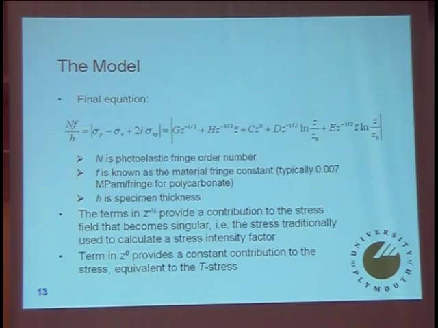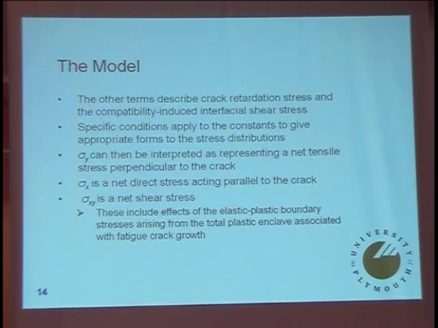Now this is the final equation that we have developed, and it is, as all things are, a step in the process towards what may be the truth, but we hope it is a step forwards. N is the photoelastic fringe order number. F is a material fringe constant, typically rather small for polycarbonate, unfortunately. That's the specimen thickness. Now the terms in z to the minus half model the K stress, and the terms in z to the 0 models the T stress, and the other terms describe a crack retardation stress and a